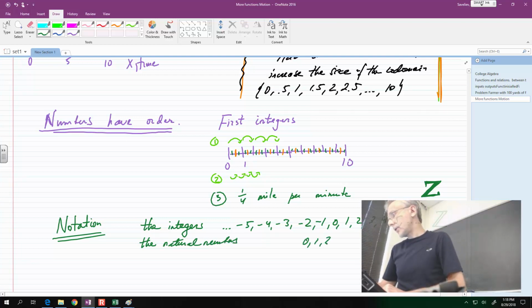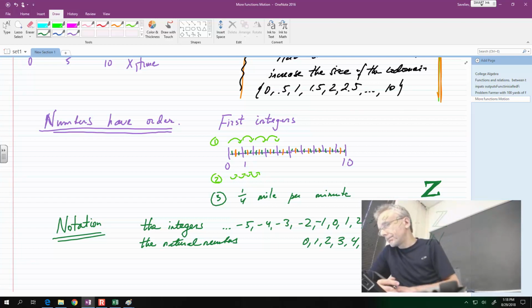They start usually from 0, even though that varies. Some people like to start with 1. And the notation is capital N. So that's where we draw numbers from whenever we have a need for numbers. In fact,